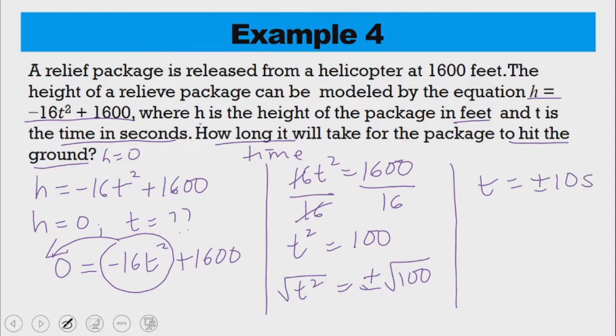But let's wait a minute, okay? Because the question says, how long will it take the package to hit the ground? We know that in reality, we don't have a negative time. After you start an event, going forward from that point, you cannot have a negative time. So that is why, in this case, t = -10 seconds, even though it's one of the solutions when we solve this, is not a solution. So you have to cancel that. We call it an extraneous solution. So our solution in this case is the positive 10